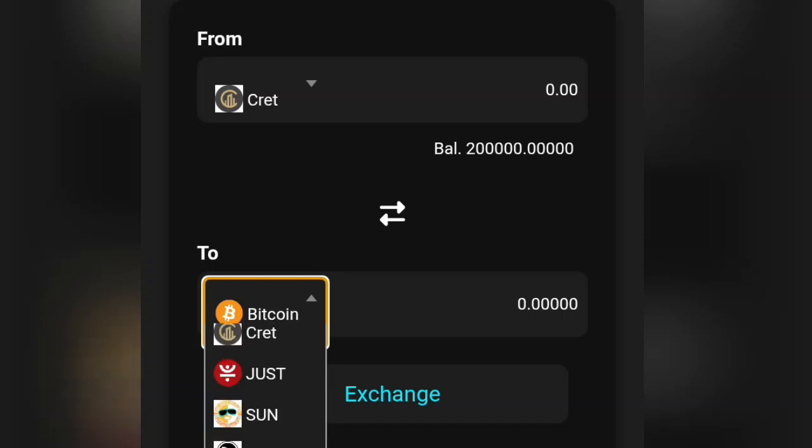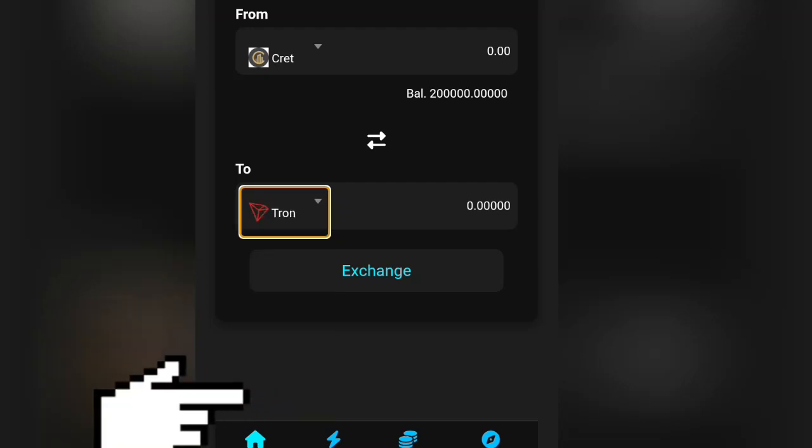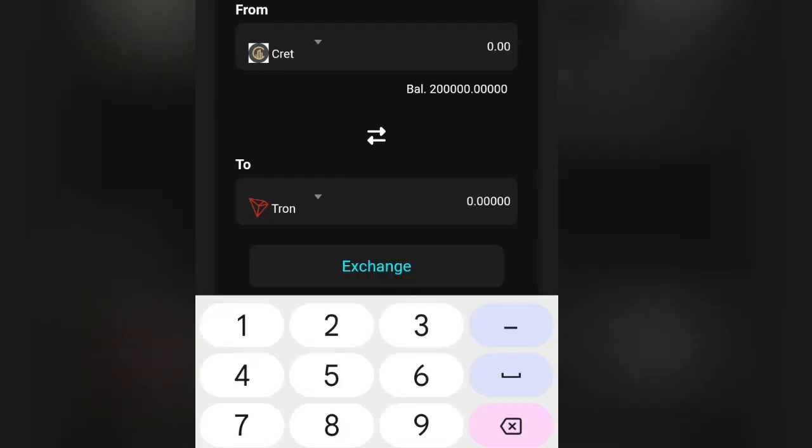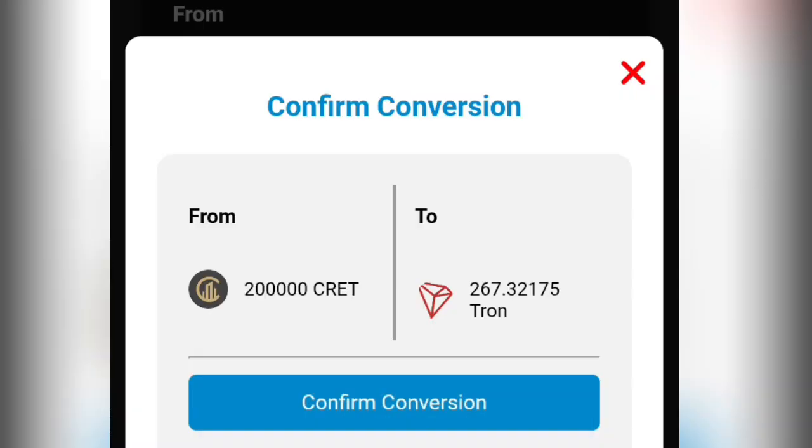For the purpose of this video, I'm actually going to select the TRON over here. You have to input the amount that you're going to exchange here. This is at 200,000. So let's input all the amount over here. You can see that when you convert the 200,000 CRED, we'll be getting 267 worth of TRON. So click on exchange and you have to